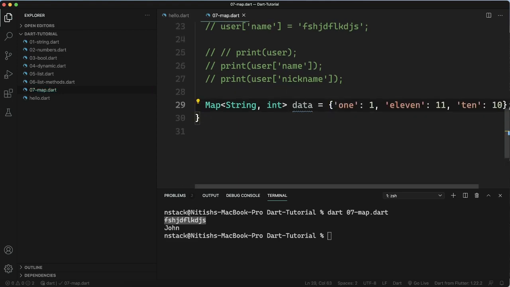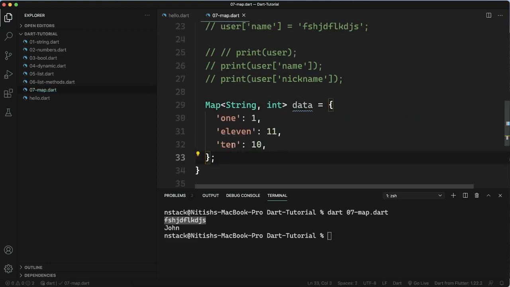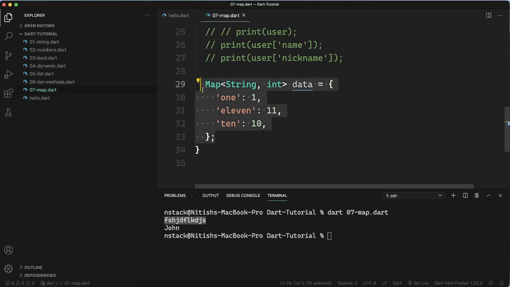Now you can see that we have a map with string as the key and integer as the value.